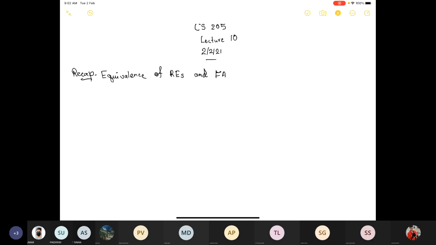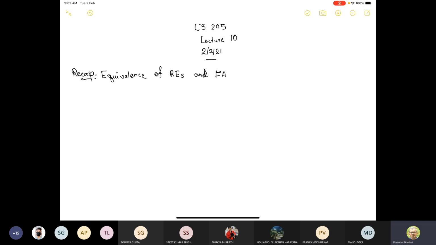So this is what we were doing last week, and we showed one side of the equivalence, namely, given a DFA, we showed how to arrive at a regular expression by using these expressions R_ijk, denoting the sets R_ijk, and then showed that the language accepted by a DFA is of this form,